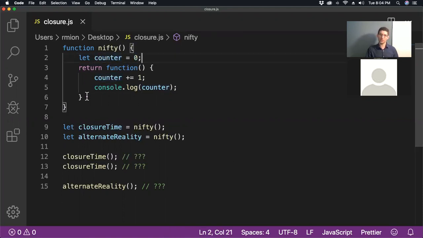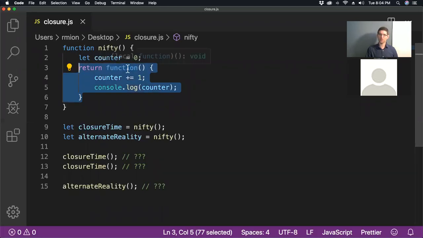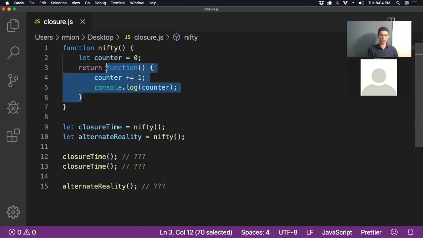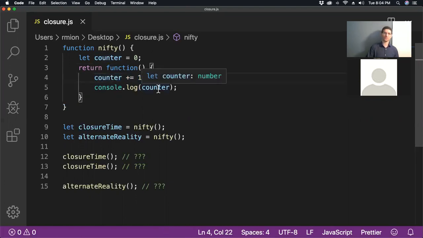And then we are returning a function, not a normal value you might expect, like true or false or a number. We're returning a function. And in that function, we are incrementing counter by 1, and then we're logging out counter.